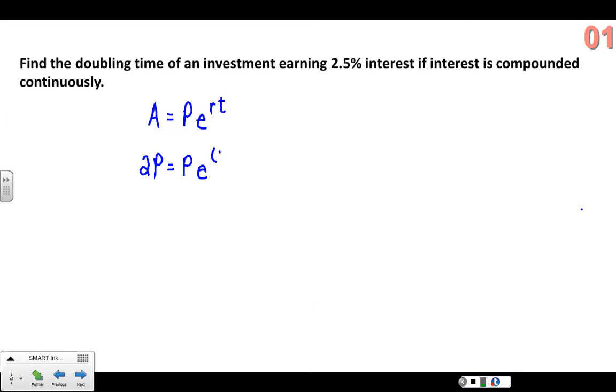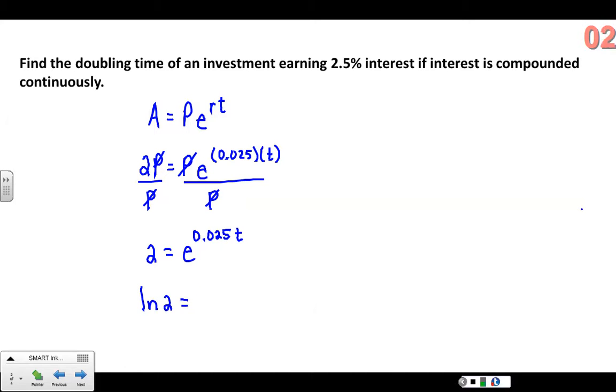So e to the 0.025 times t. To solve this equation, if I divide both sides by p, two is equal to e to the 0.025t. Now we know to solve an e equation, we can take the natural log of both sides. So natural log of 2 equals natural log of e to the 0.025t. So ln of e is going to cancel out. So I get natural log of 2